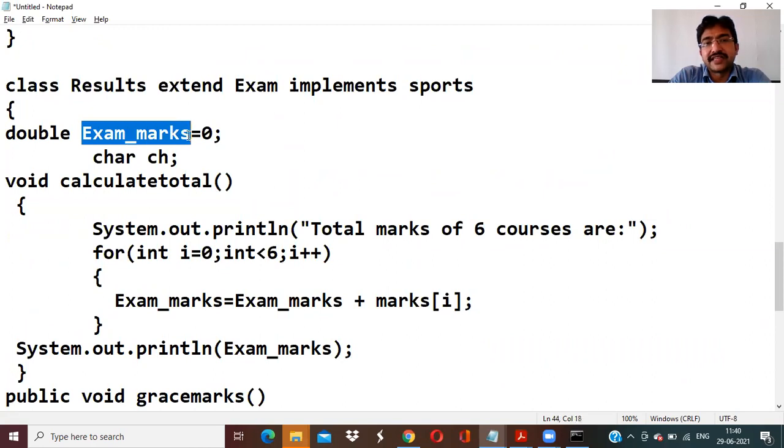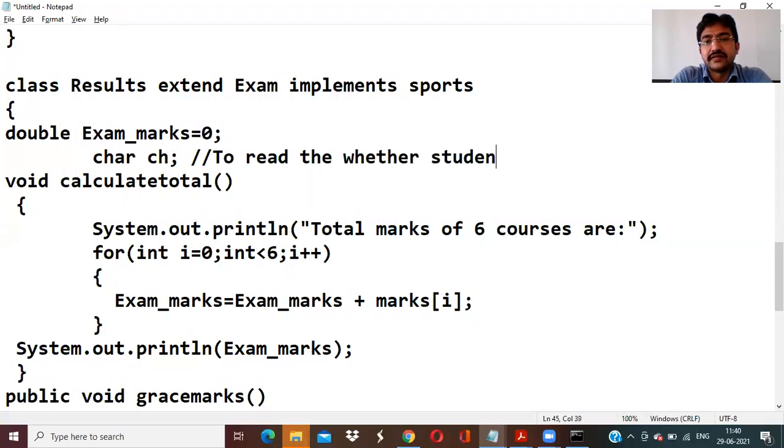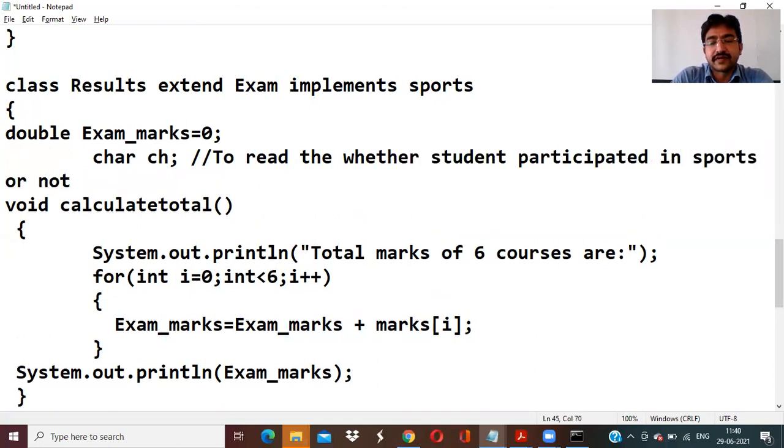I'm taking exam marks initially 0, and a char ch to read the choice. To read the choice means to read whether the student participated in sports or not. For that purpose, we are using this char ch.